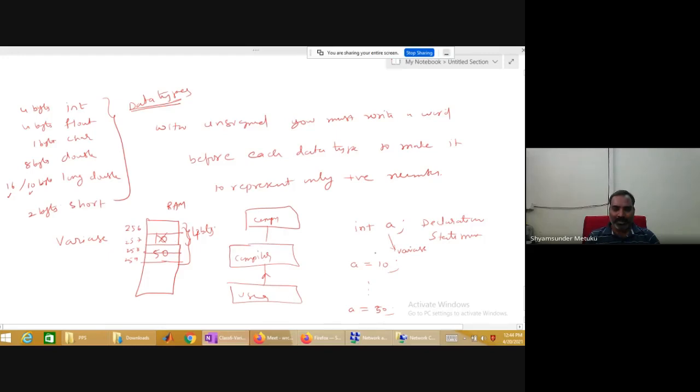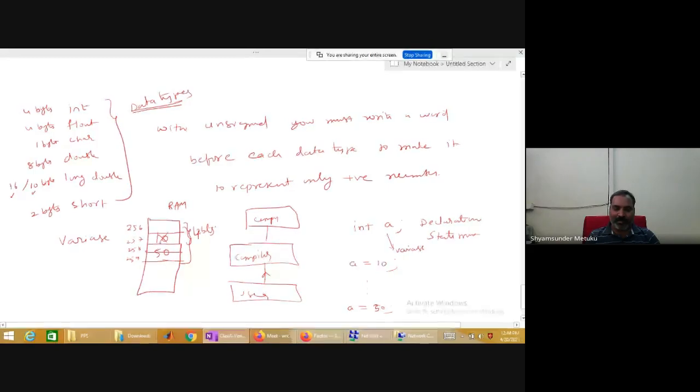To remember what a variable is, in a very simple way, a variable is a request to a compiler to allocate some memory which has the property that its value can be modified during the execution of the program. That is the definition of a variable. Is it clear to all of you?